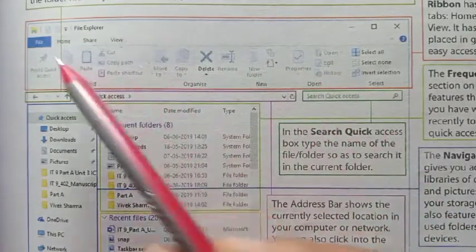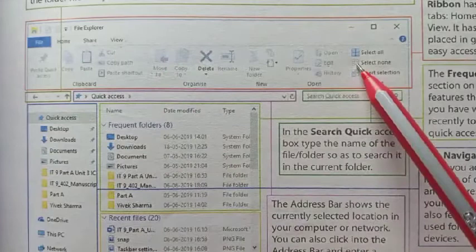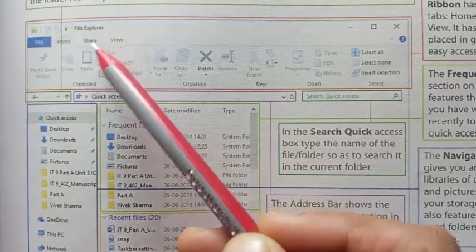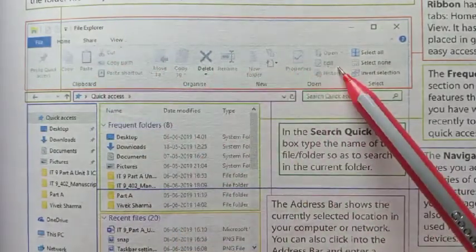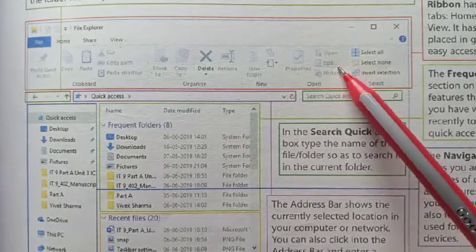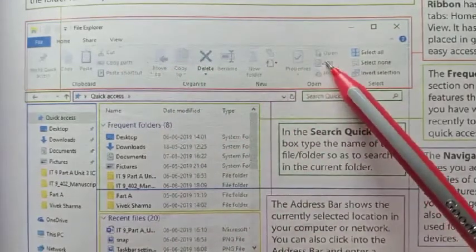At present you can see the ribbon of the home tab. If you click on the share tab, you will get the ribbon of the share tab. Similarly, if you click on the view tab, there will be the ribbon of the view tab.